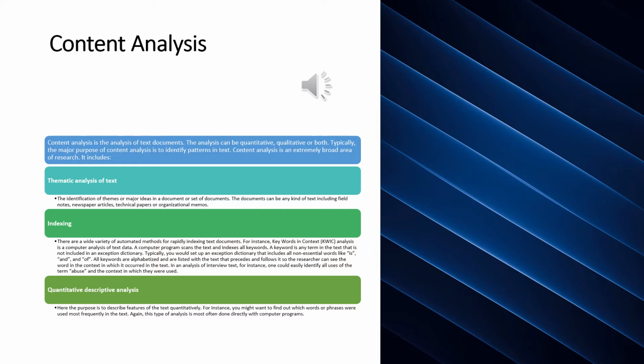So you can see here that content analysis can be done with quantitative, qualitative, or mixed methods study. It's a very broad area of research. We do this through the thematic analysis of text, indexing, or quantitative descriptive analysis. But content analysis has several problems that you should keep in mind. First, you're limited to the types of information